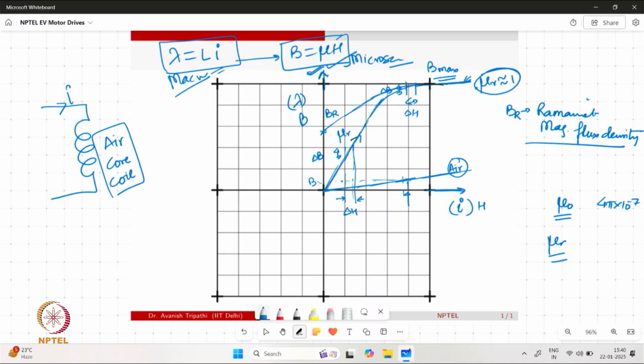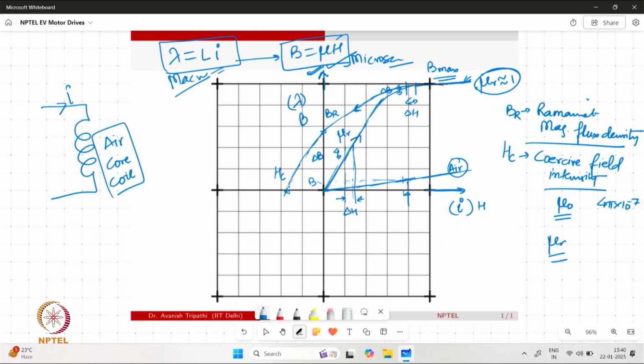Now, based on the material property again, if you start exciting the system in the opposite direction, there may be a point, on the negative side of the x-axis, where the value of B would come back to 0, and this Hc is called the coercive force or coercive field intensity,